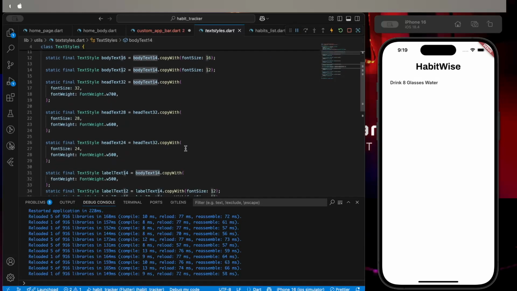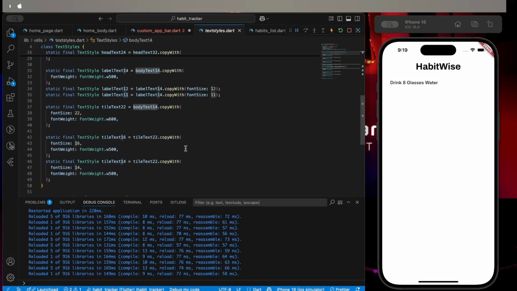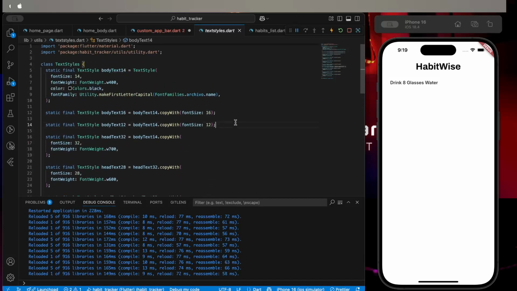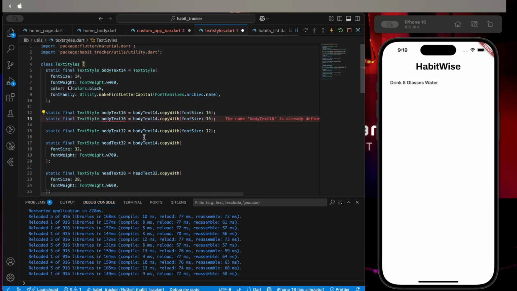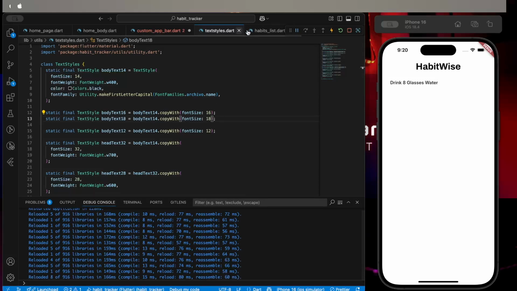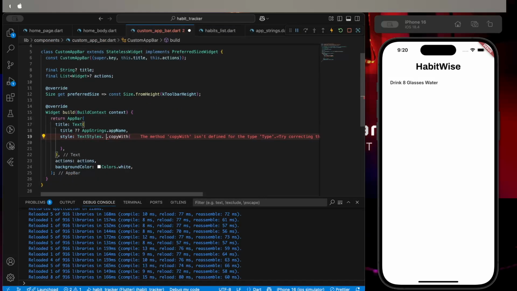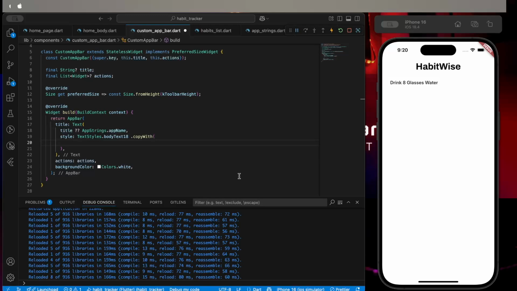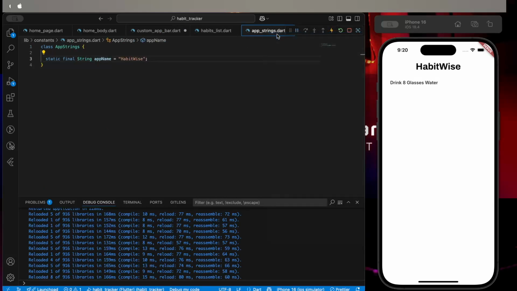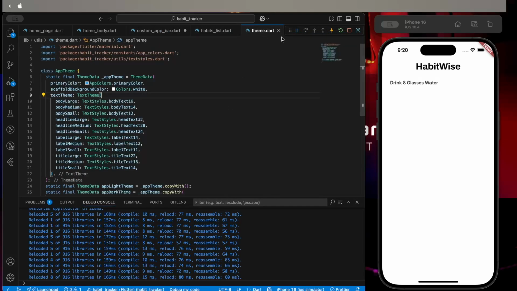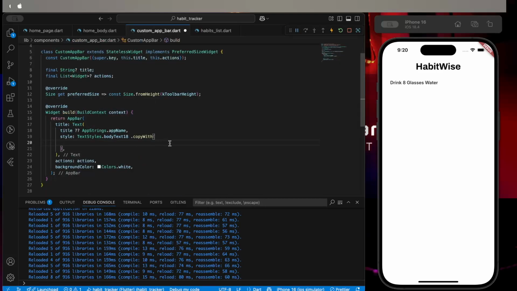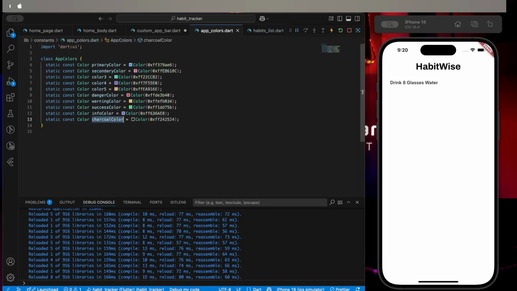We don't have any 18 size, I guess. Okay. Then we have not wrong. It's close. Close. Then we have color,